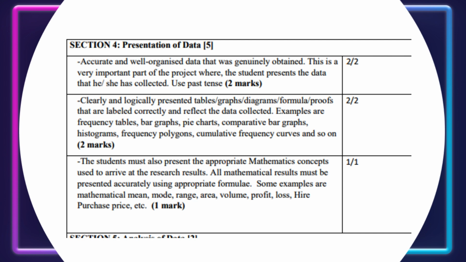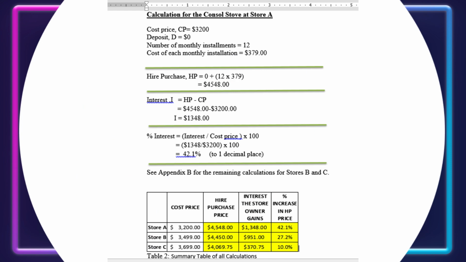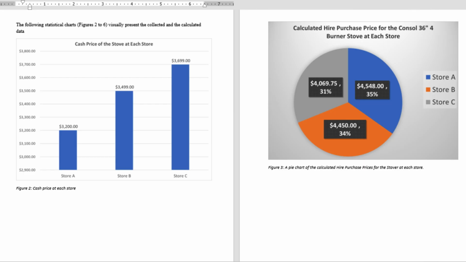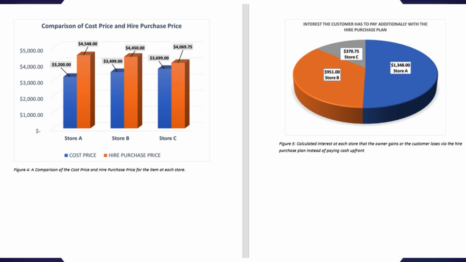2 marks are awarded for accurate and well-organized data throughout. 2 marks are also awarded for logical use of statistical charts, such as tables, graphs, diagrams, frequency tables, bar graphs, comparative bar graphs, pie charts, histograms, frequency polygons, cumulative frequency curves, and so on. These charts must be accurately labeled in order to get the full 2 marks. Here in this hire purchase example we see that the tables, bar charts, comparative bar charts, and pie charts were